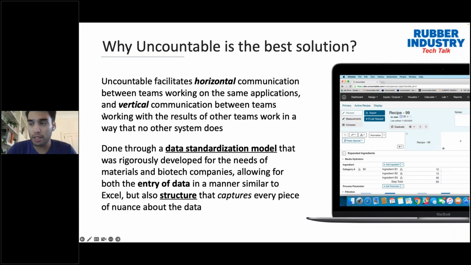Maybe you're a larger rubber organization and you have a team that is synthesizing a polymer, and another team that is using this polymer in some sort of application development. What we have on the platform is this hierarchy, so you can use the output from one group, this polymer, as the input for another group, this applications team. And this is all attributed to this data standardization model that allows for a similar format across all different teams and an entry of data that is quite similar and seamless to use, so that it can be flexible and work for these teams working on different technologies.